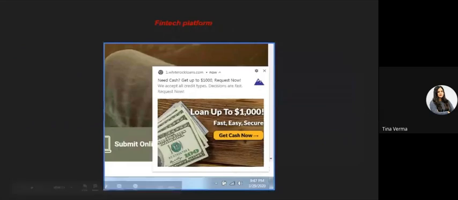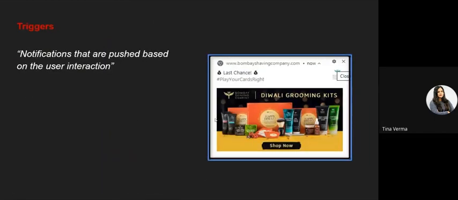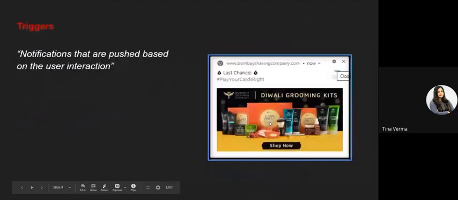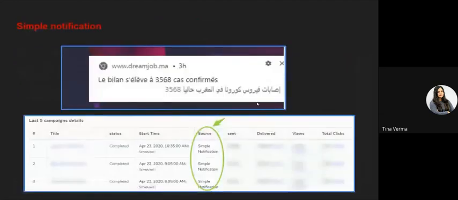Okay, the use cases are being covered. There are no limitations to the type of industries that can use push notifications and leverage the benefits of that. Also, as you have noticed here, some of the clients have used images, and some of the clients are simply using simple notifications.